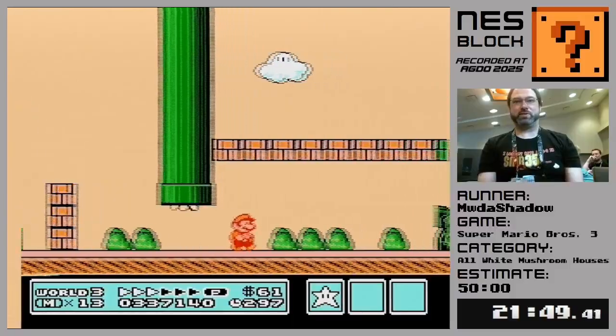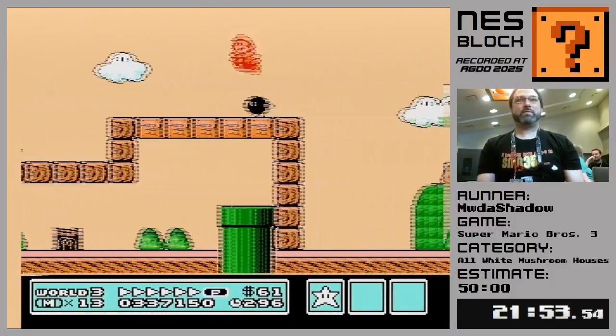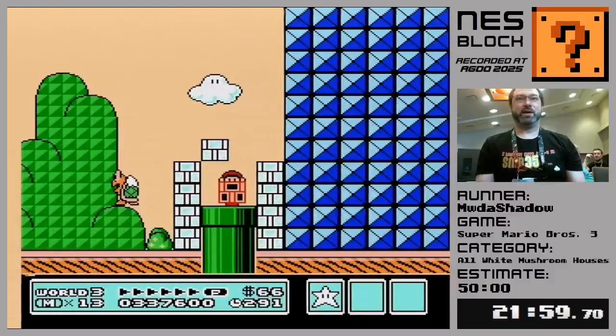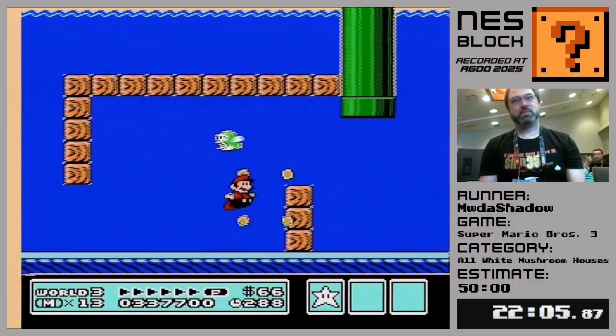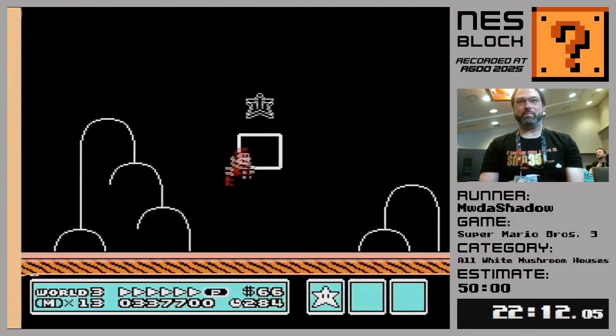Whoops, I kind of screwed this level up. But alright, we got P-speed. No! No, I lost my flower again. Oh well. I kind of like to have my flower when we get to 4-2, but